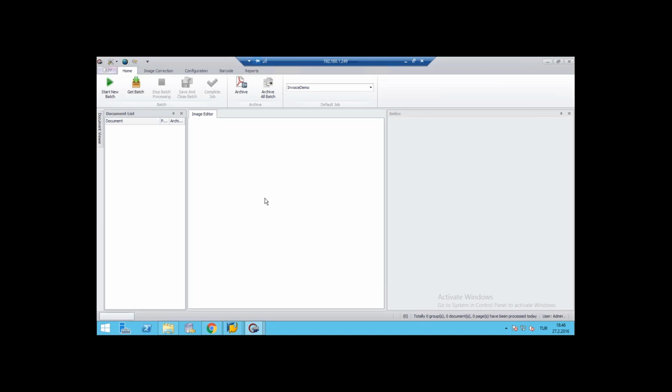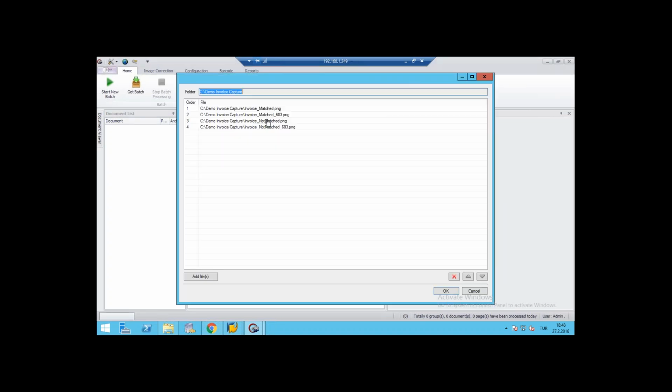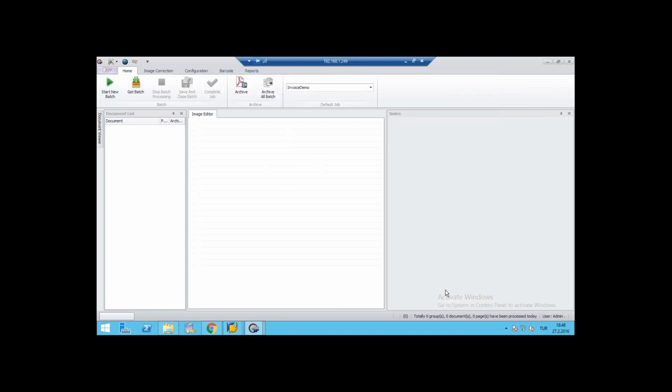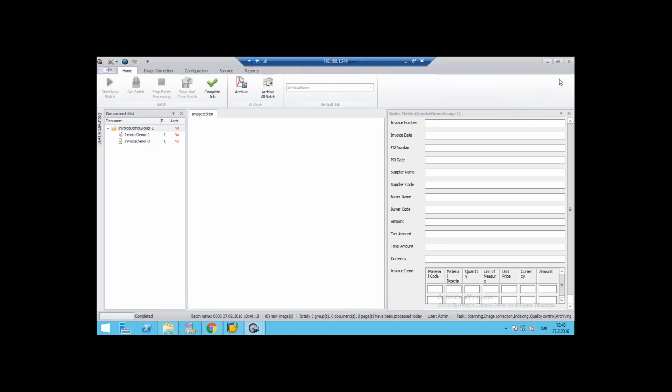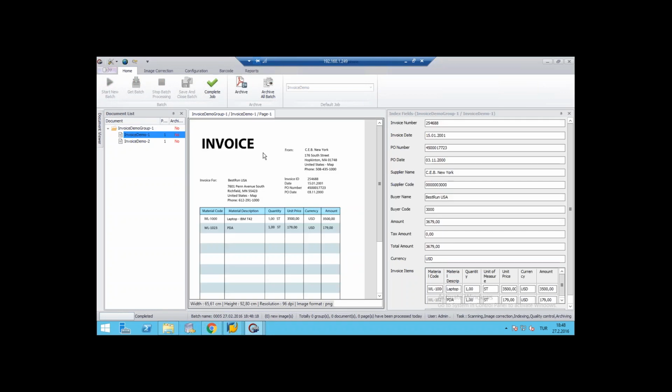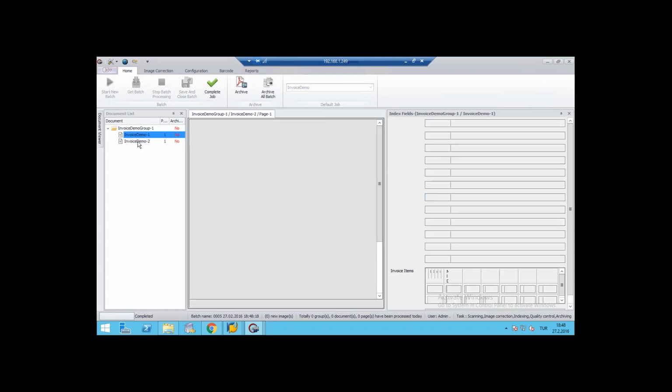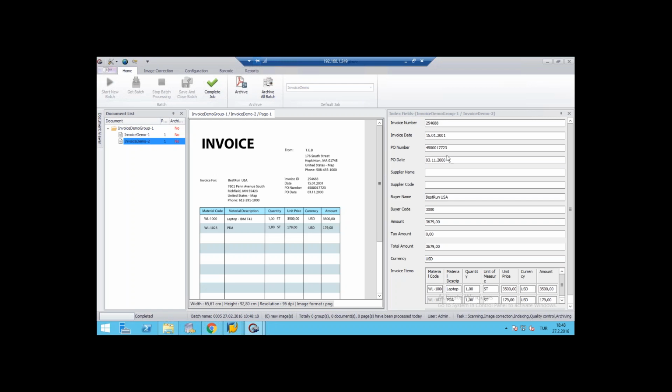I want to show you the interface of capture, and I will use just two of them. I'll use the last invoice documents to digitalize operation. Yes, we can see the invoice documents that are captured, and all fields are digitalized